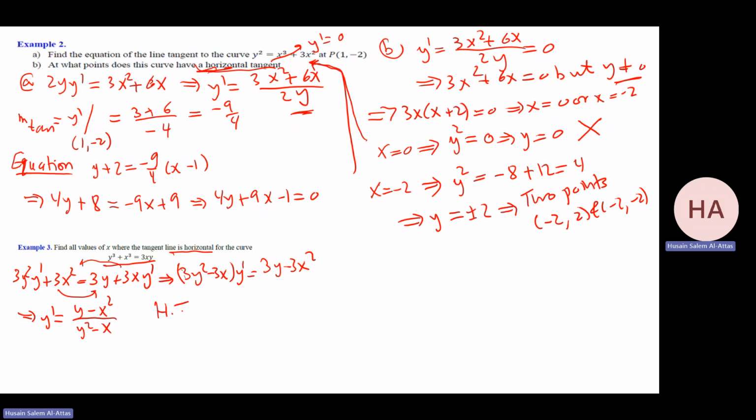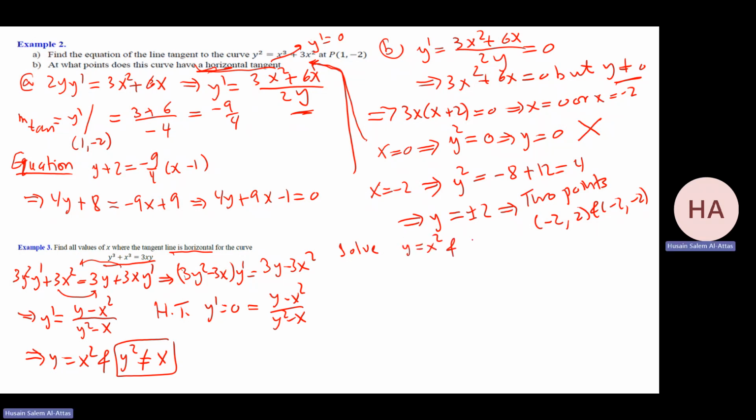Horizontal tangent means y prime equals 0. So I have y minus x square equal to 0. That means what? y equal x square and y square not equal to x. You need to be careful on this. Now solve both two equations, y equal x square and the original equation,